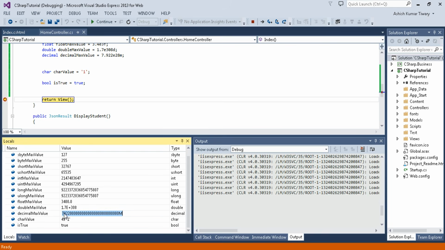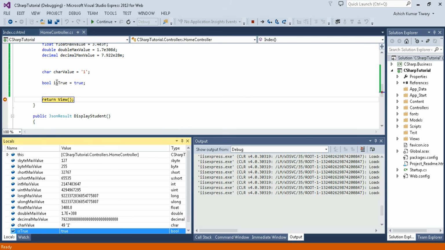See, this is the very decent number and it can be used anywhere. And here you can see the char value is printed here, and then we have the true or false. You can print in case of boolean value.